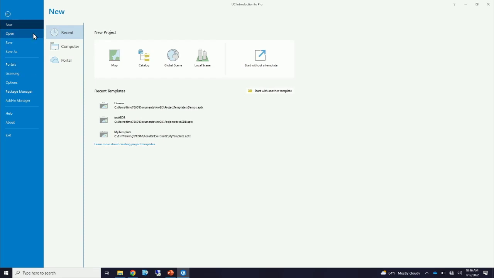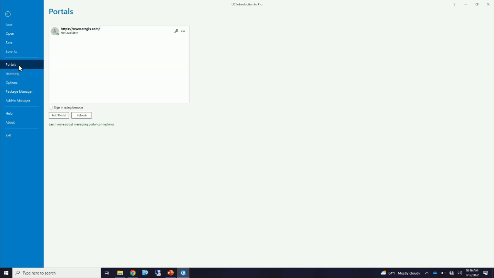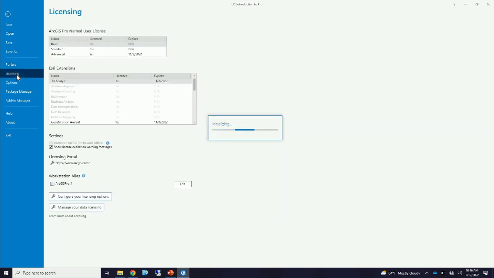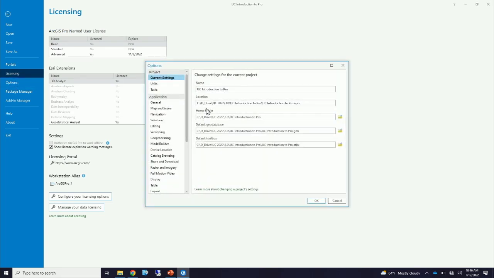really briefly. This looks very similar to Office, right? You have new, open, save as, that's all there. But you can also see things like what portal you connected to, what is your licensing. But this is probably the big one. This is where you would set the different options. A few there for project, like units, but most of these are application level settings. So making adjustments to how you edit things, or if you're doing versioning, all those different kind of options to